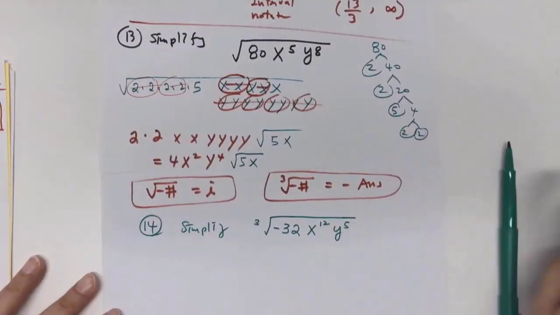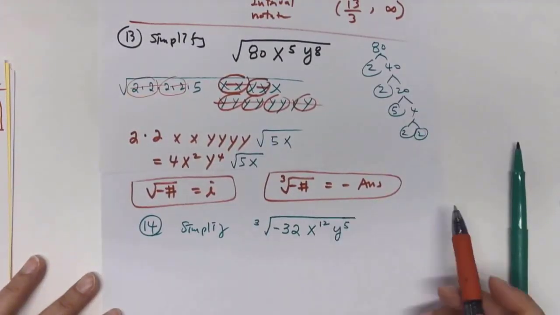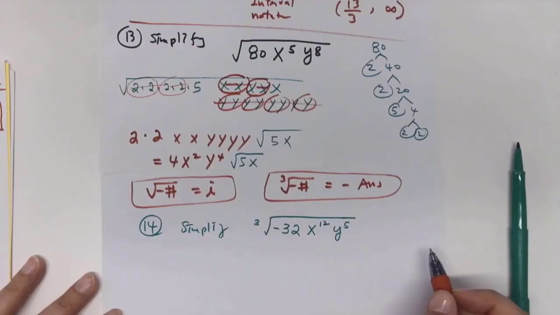Okay, because it's a negative number under the cube root, it means the answer is going to be